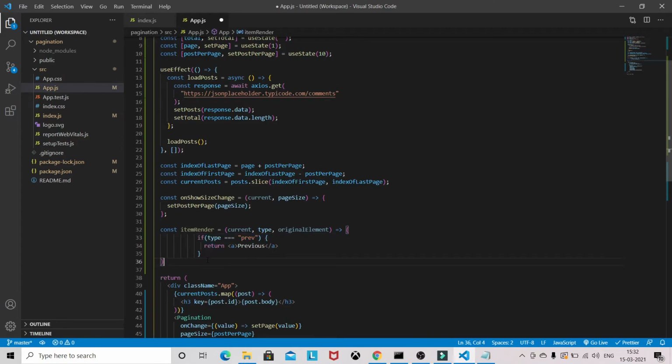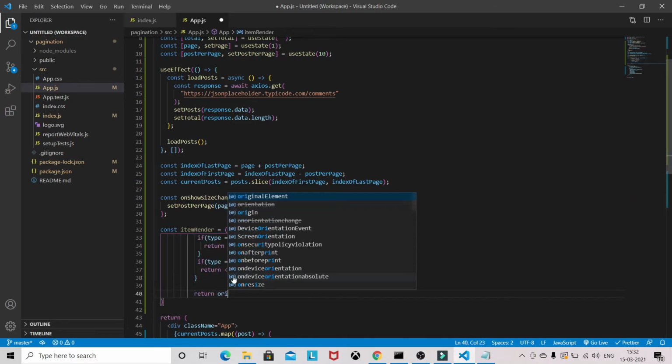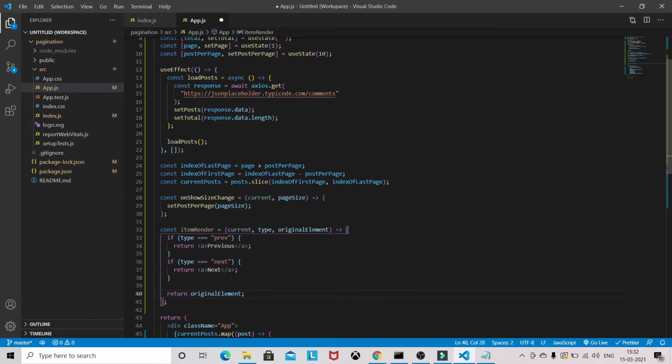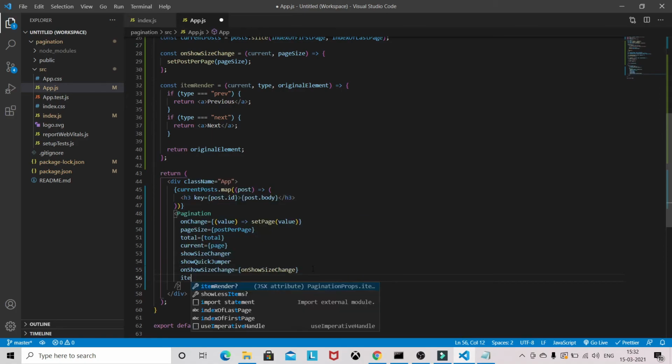If the type is prev, then return previous. I want to just copy this one, and now it will be next: if the type is next, then next. Now return the original element. Now you need to pass this itemRender here.